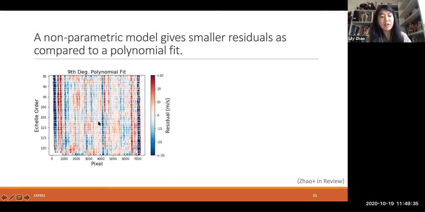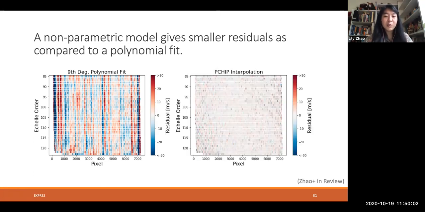And so what I did is I took all the odd lines from this exposure and I used them to fit a polynomial and evaluated that polynomial at the even lines. And then I used the even lines and predicted wavelengths for the odd lines as a comparison of how well it can do. And you can see the residuals have all this stripy structure in them. There are these patches, some vertical, diagonal streaks. But if instead of a polynomial, you use a much more flexible interpolation, you get these residuals instead. No more coherent structure, much lower values all around, and it just does a much better job.